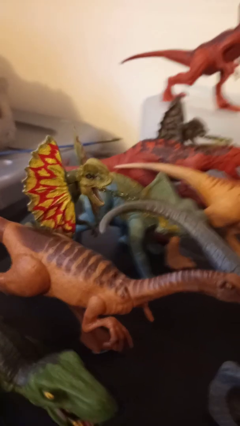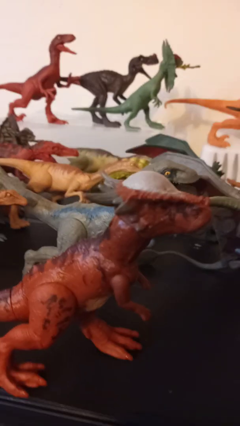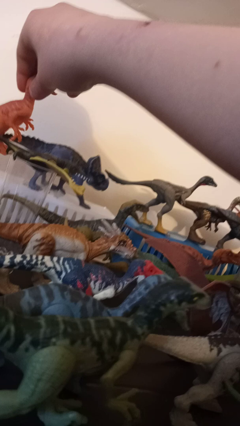Bought it used on Mercari yet again. That Gallimimus looks like the battle damage one. The green Velociraptor and the Stygimoloch. That's all of these. That orange raptor I put up there, which, now that I think about it,